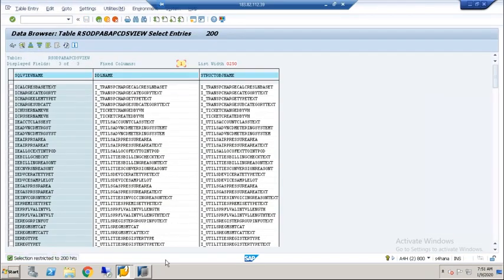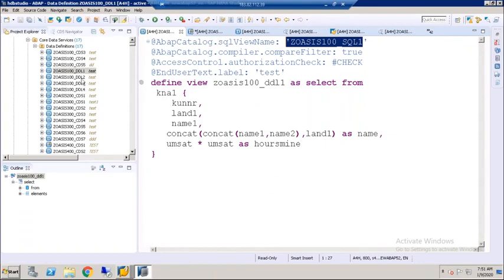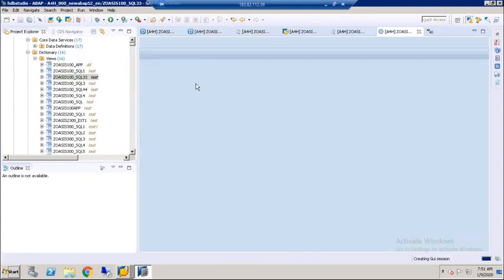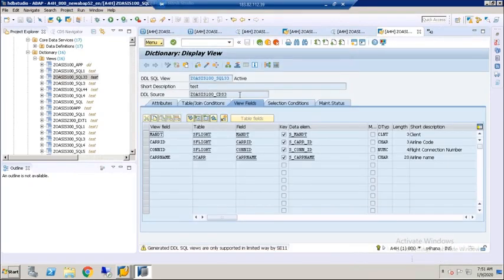In a higher version, if you know the CDS view or DDL view, you can find the SQL view from here. But in lower versions, if you click the SQL view like this, you don't find the DDL source here. In that case, you can use this. Okay, now if you go back,